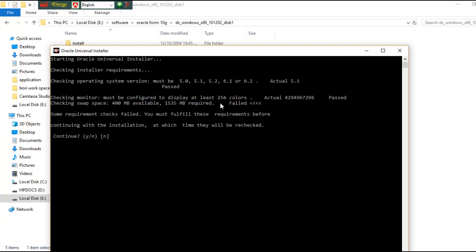Now I will show you the solution of this problem. The solution is we need to change the swap space. We need to set the swap space more than 1500 35 MB. To do this, we need to go to the